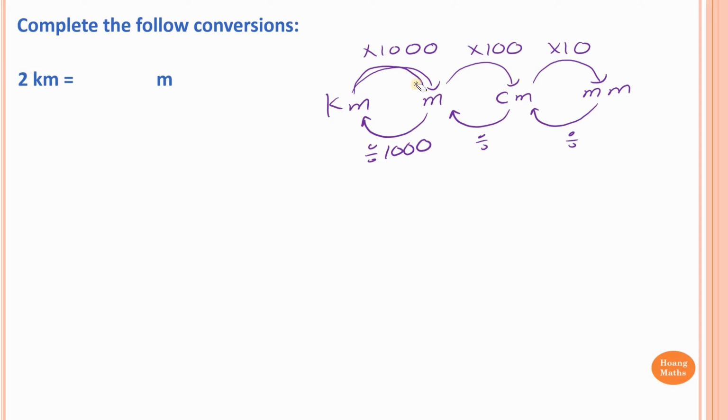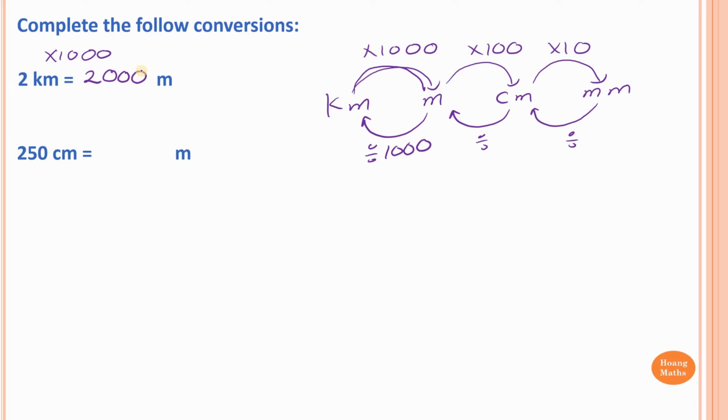Correct? So now, we know that from kilometers to meters, from here to here, we time by 1,000. So 2 times 1,000, just go 2 times 1 is 2, and then just add those 3 zeros. That's all. So 2,000 meters. Next one,